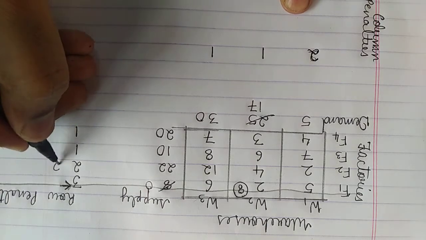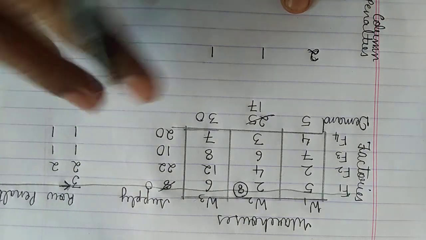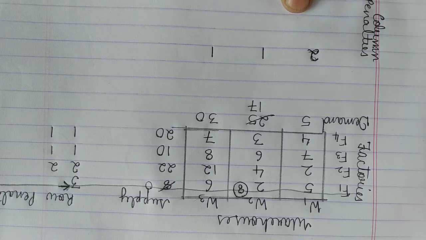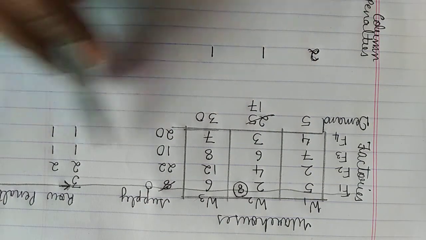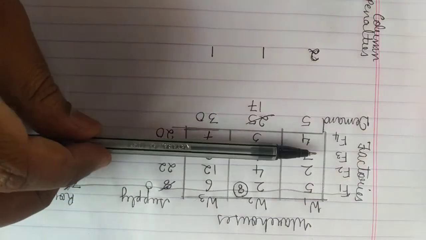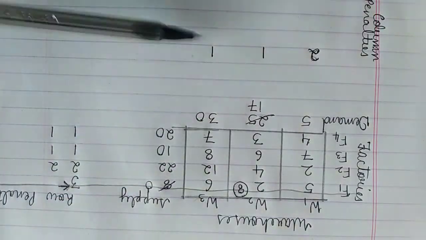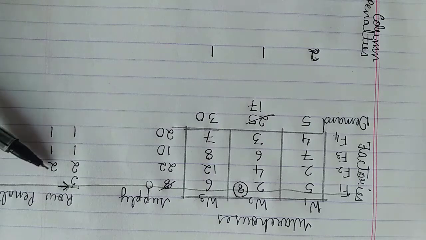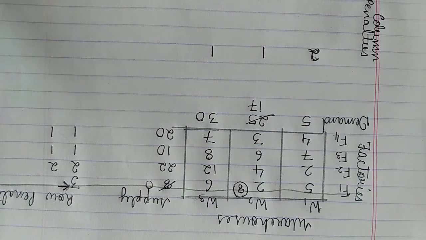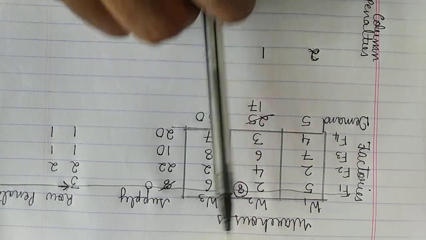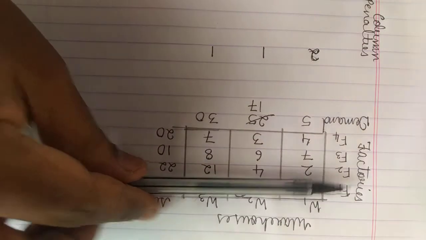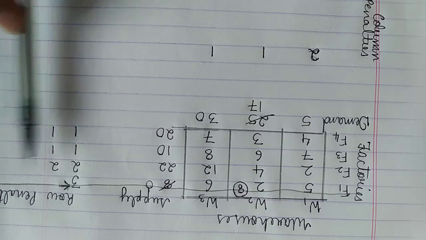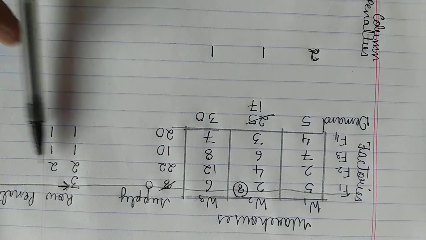The row penalties here will be 2, 1, 1. This will remain the same. See here, I am telling you a shortcut. You have cancelled a row in the previous one, so there are no changes in these numbers. Whenever you cancel a row, the next row penalties remain the same. If you're cancelling a column, then the next column penalties will remain the same. So in this case, you have cancelled a column, so you can copy the row penalties, whatever they are, or else you can find them out if you want.